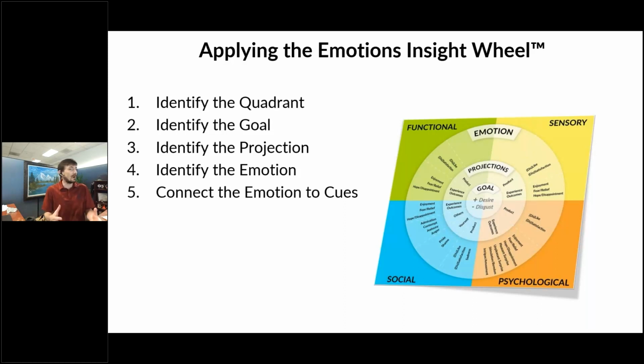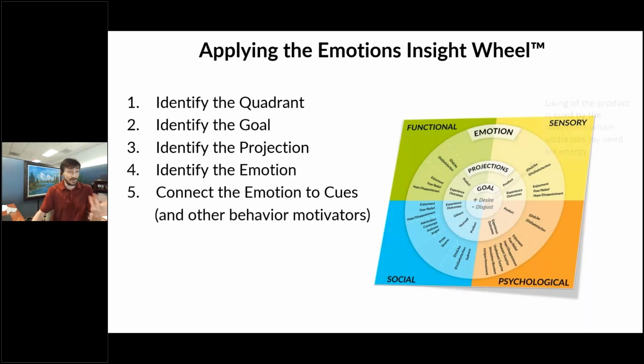And this is one of the things that I see a lot of researchers miss, and the reason emotion insight statements are really hard for people is they skip over the idea that they have to connect it to something. They may say, oh, people like the texture of this product. You're missing the connection. So what? Why does that matter? So connecting the emotion to those cues is an important part.